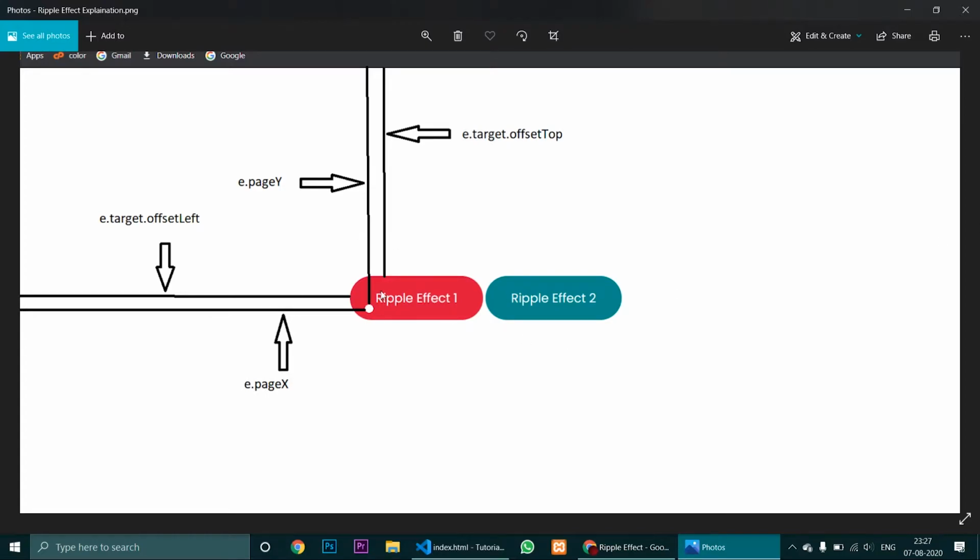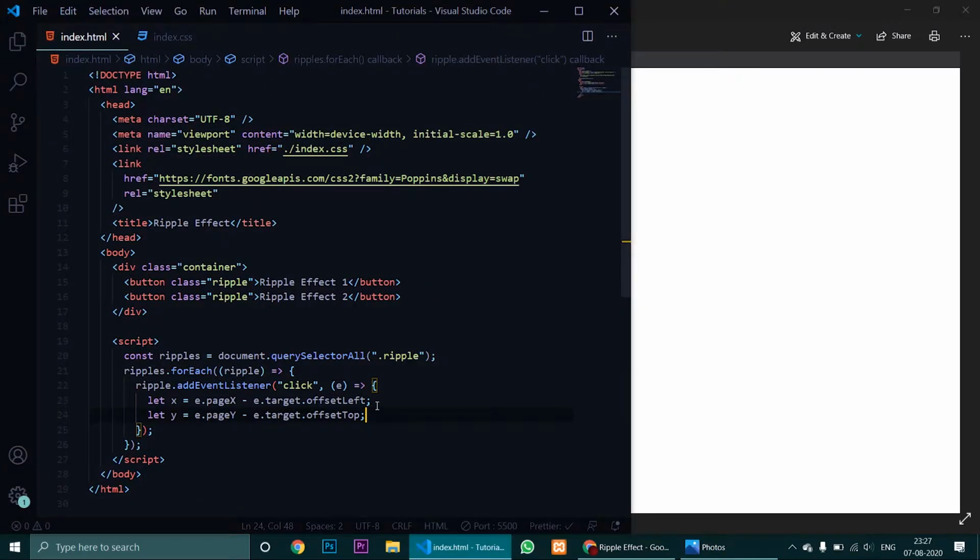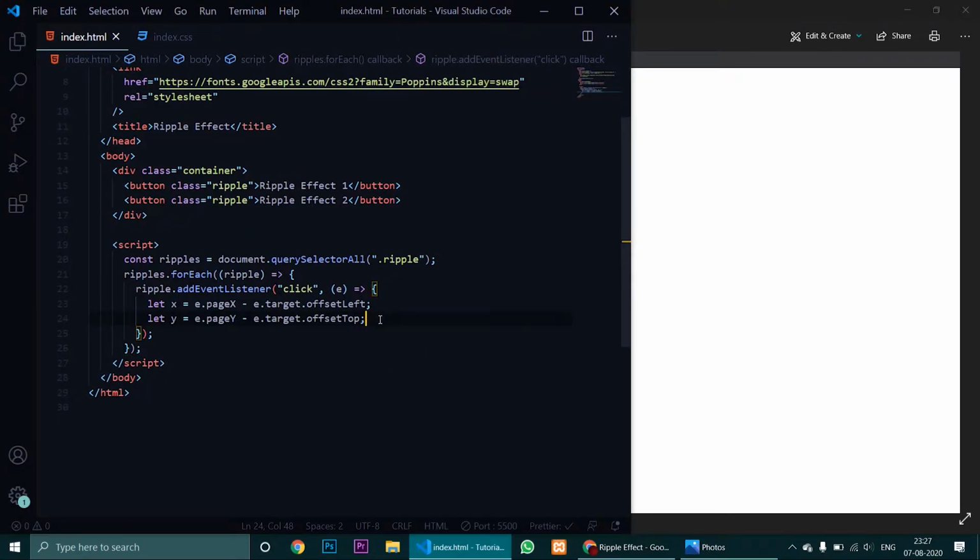Now what we need is the position of the cursor from the top of the button. So we subtract these two values and we subtract these two values, so that we get the position of the cursor from the left of the button and from the top of the button. So therefore we use these two equations, and now we will create a span by using the create element function